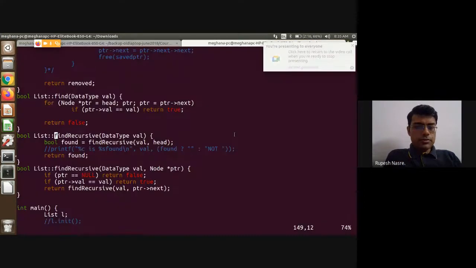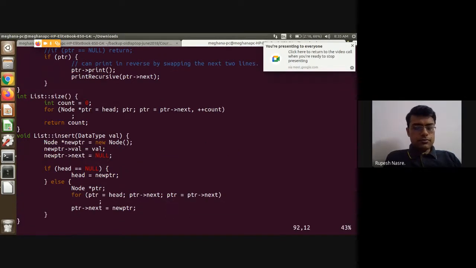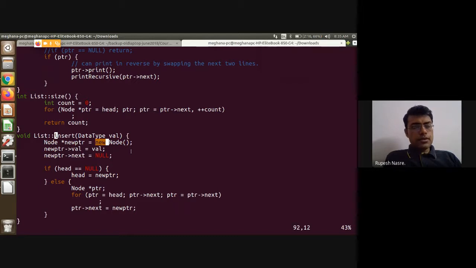Insert function, sure. So this was our memory allocation. We have to do a deallocate. You can assume that this is malloc, but essentially new has a corresponding delete operator. So you can just do delete of pointer, and that will deallocate the memory which is being pointed to by that pointer.